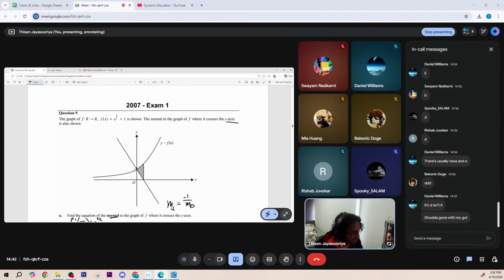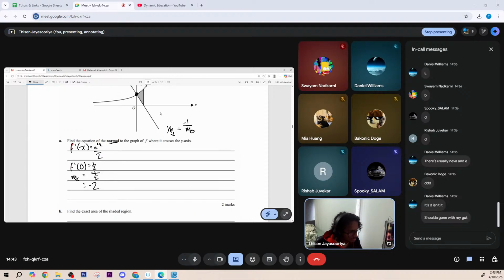So here we get this point as (0, 2). If we find f of 0, it's going to be 2, because we get here e to the 0 over 2, which is just plus 1, which is the same thing as 1 plus 1, because e to the 0 is just 1. So we get here 2. So we can use y minus y1 equals m times x minus x1, and we can just plug in all